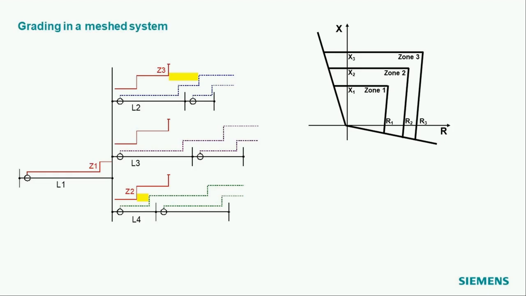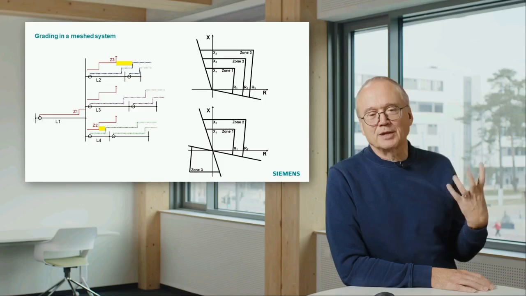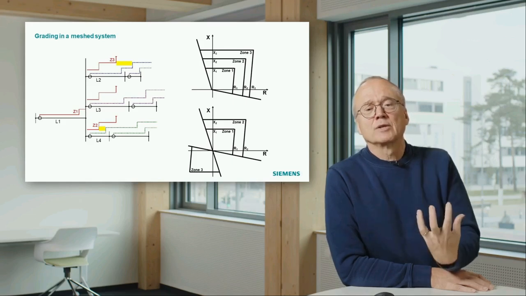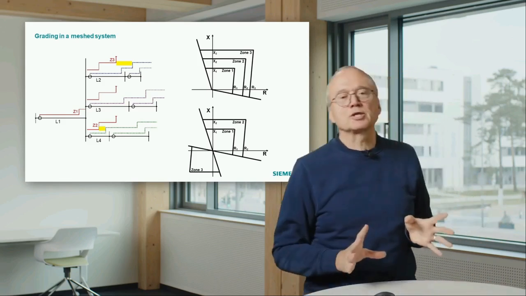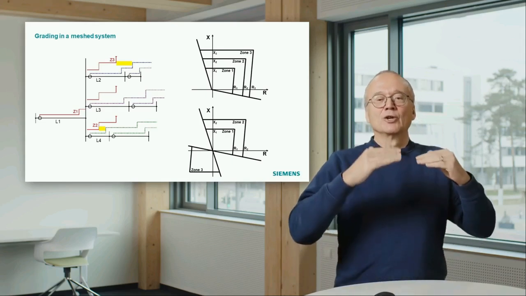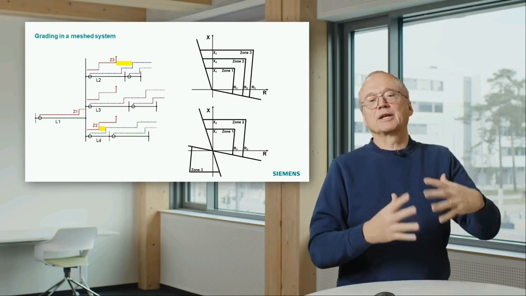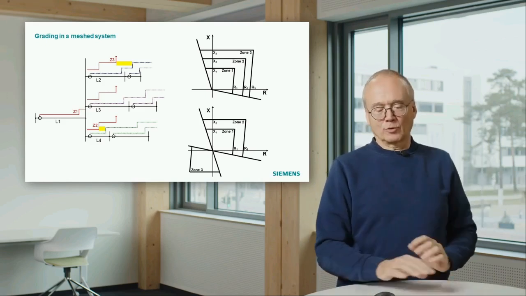So you end up in such a diagram. Sometimes you also have applications where, for any special reason, you want to look a little bit reverse. That means instead of looking only forward into your line, you make one zone which looks reverse. That is typically also a backup application. That means in addition to the zone size, you also have a parameter defining whether a zone looks into a forward direction or a reverse direction.